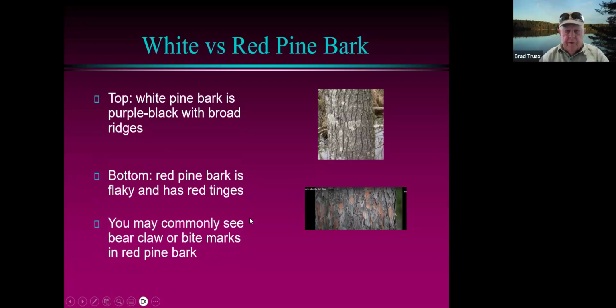And you may, very interestingly, Ethan Tapper, who's a forester in Vermont, says that if you see an isolated red pine in the forest, you can almost always find signs of bear activity on it. So he describes that the bears will come up, they'll scratch at it, leave some claw marks, turn around, start rubbing their back and their neck and their head against it, and then turn around and bite on it. So very interesting observation. Next time I see an isolated red pine, I'm going to go look, see if there's